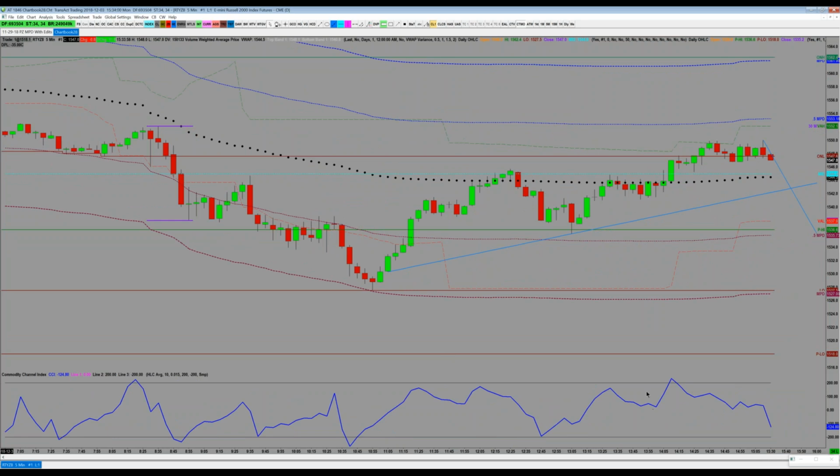All right, so firstly at the bottom, this one should be fairly obvious. It's the CCI, Commodity Channel Index. Okay, pretty traditional oscillator. Most people here have probably used something like this or seen something like this before. There's a reason why I've got it here. I'll explain why that is in a little bit,